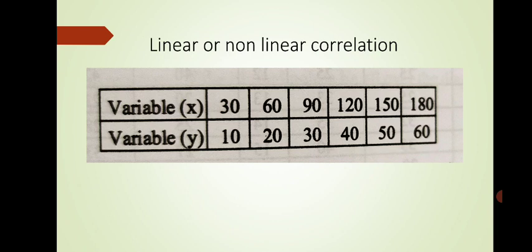In case of a non-linear correlation, the amount of change in one variable does not bear a constant ratio to the amount of change in the other related variable. For example, if you double the use of fertilizer, the production of maize would not necessarily be double. So in non-linear correlation, the two variables are not increasing or decreasing in constant ratio, or are not proportionally related.